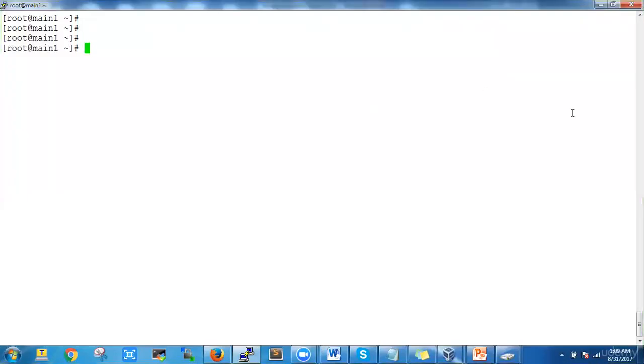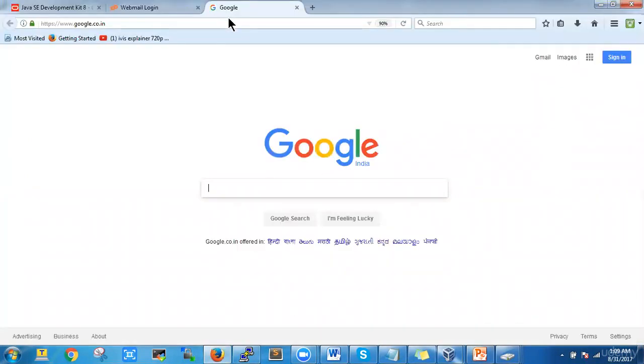Hello, let us start with the installation of Jenkins. So to install Jenkins, we have to download Jenkins. First we'll go to the Jenkins official website,